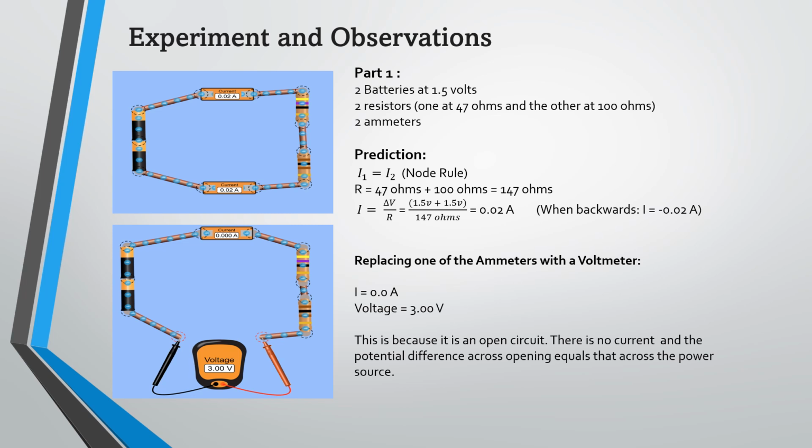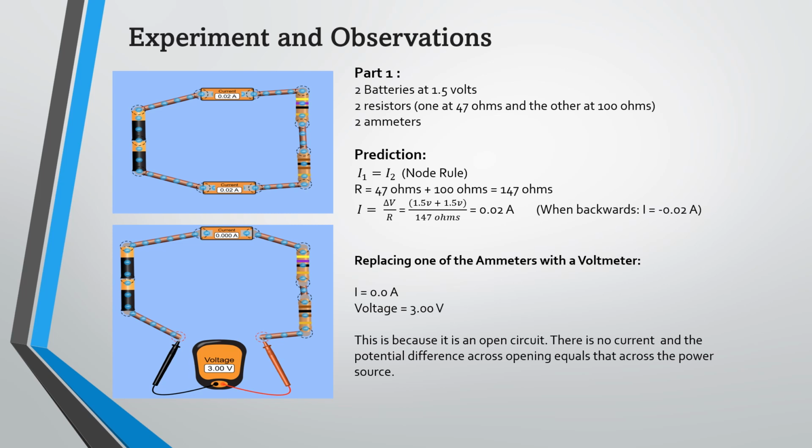Experiment and observations. Part 1. Two batteries at 1.5 volts, two resistors, one at 47 ohms and the other at 100 ohms, and two ammeters. Prediction: I1 is going to equal I2, which is the node rule. The resistance equals 47 ohms plus 100 ohms, which equals a total of 147 ohms. And the current is going to be equal to 0.02 amps, and when it's backwards, it's just going to be